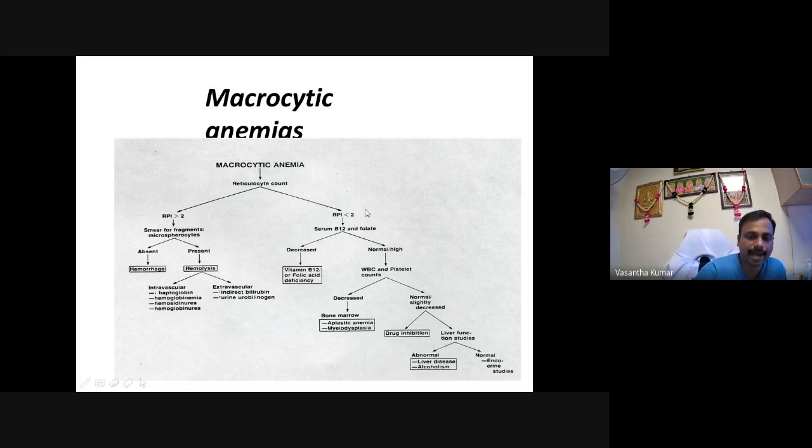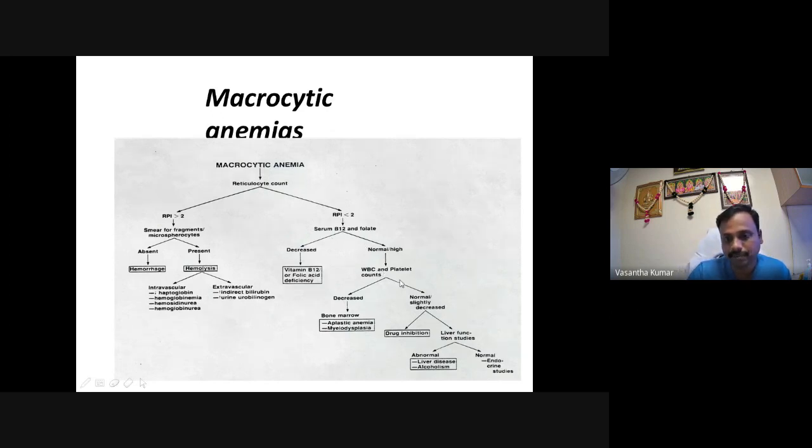Suppose the RPI, that is the reticulocyte production index, is less than 2. If it is macrocytic, that is the MCV is more than 100, and the RPI is less than 2, it could be due to either a B12 or a folic acid deficiency. Or, if the B12 and folic acid levels are normal or high, next